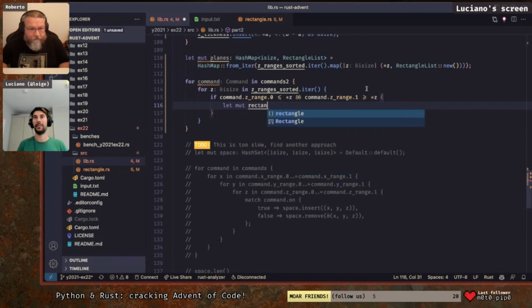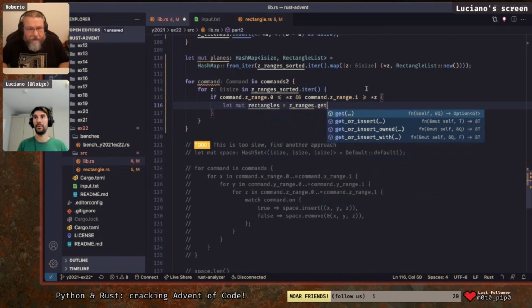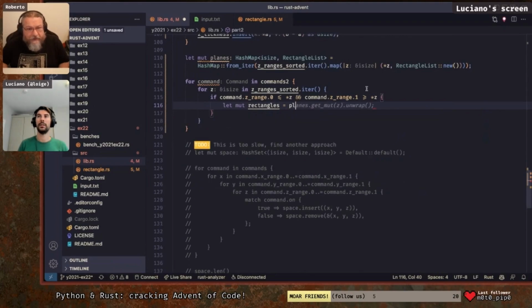Okay. That are our Z ranges. It was already get mut. Oh, I didn't see. No, it's planes. Is planes. What is planes? Planes get mut Z. Oh yeah, perfect. And this is a mutable vector of rectangles. Cool. Now we have to say that